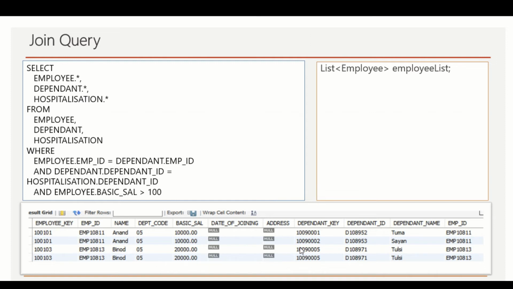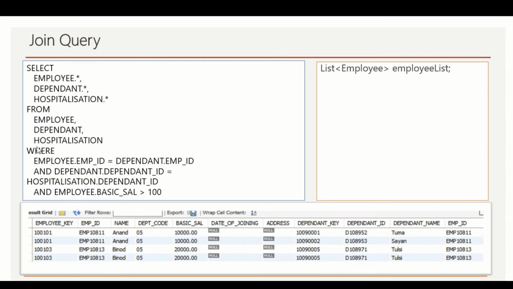Here, though it says 4 rows, we have only two employee keys or employee IDs: EMP 10811 and EMP 10813.